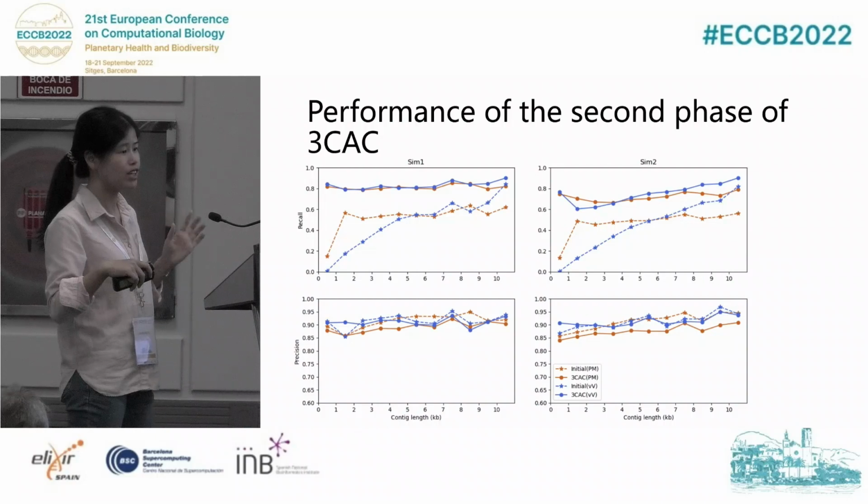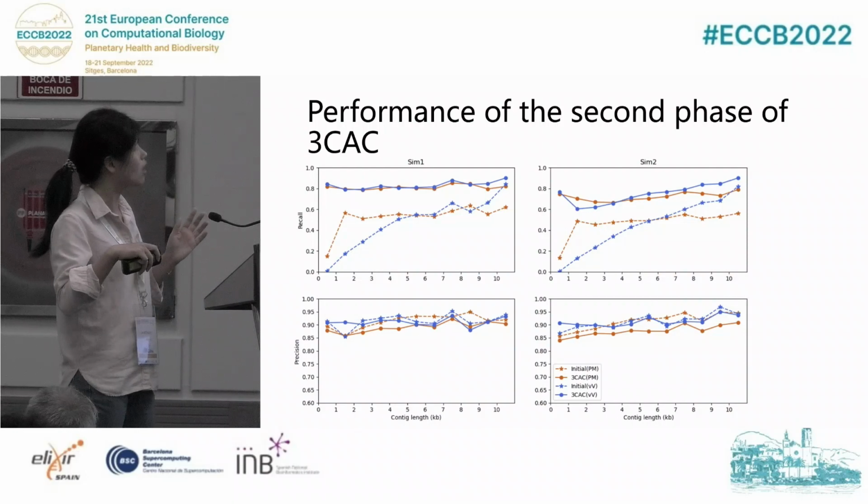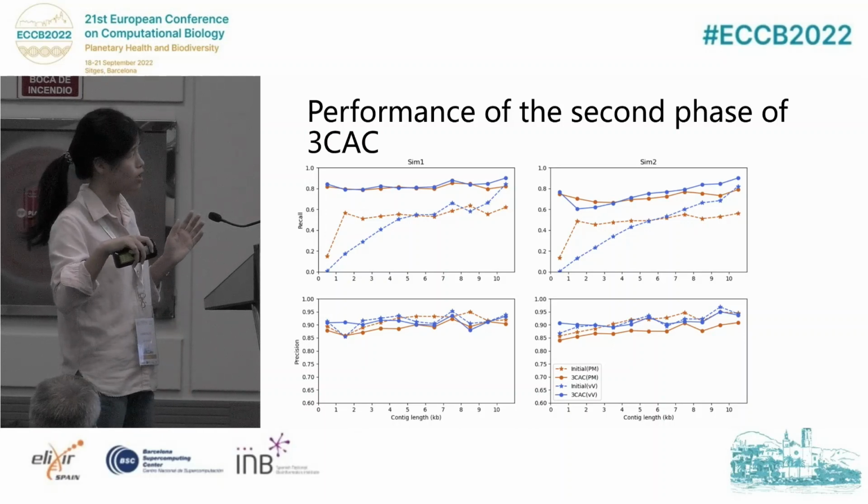Before I show the final result of 3CAC, I would like to emphasize the performance of the second phase of 3CAC, which uses the assembly graph. Here we show the recall and the precision by the contig length, and we show 2 simulation data sets assembled from short read assembly. The dashed line shows the initial classification of 3CAC, and the solid line shows the final classification of 3CAC,